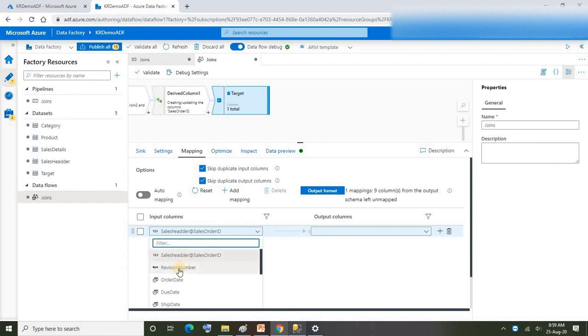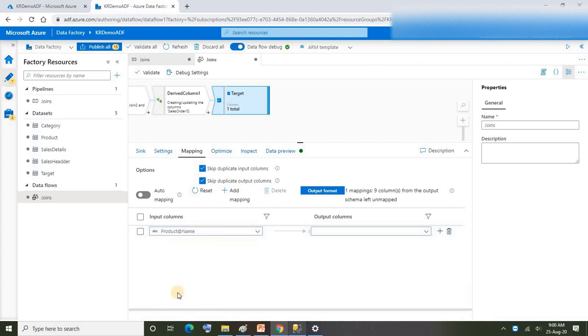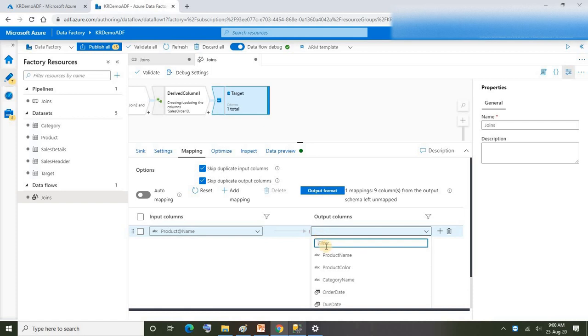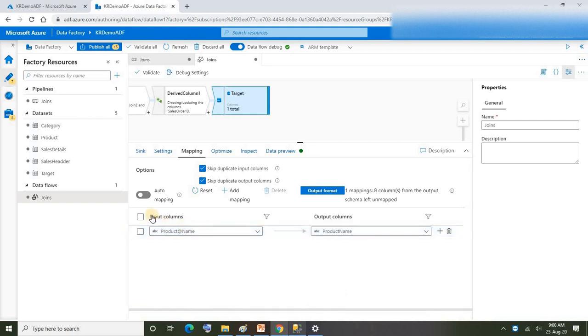It's up to you, you don't need to follow the sequence, but you need to make sure that you are mapping to the correct destination column, that's it. As I got two columns named name, it will be specified with the table name, that is the fully qualified name. Product name, that is from the product table. So let me select name, and it should be mapped to the product name column.